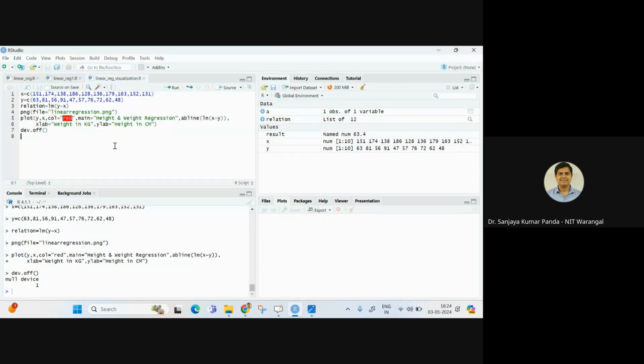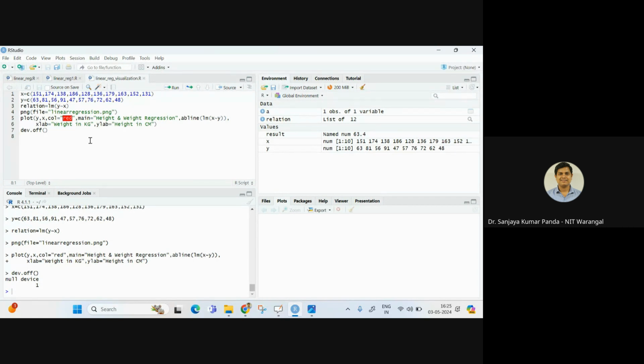The code is very simple. You know these codes from the first script. Only I have added these three lines. In these three lines, nothing to worry, because the first line and last line are common for all types of data visualization technique using R. Whether you want to do a scatter plot, or a box plot, or you want to go for a pie chart, line chart, bar chart, whatever we have seen from our childhood, these two functions are